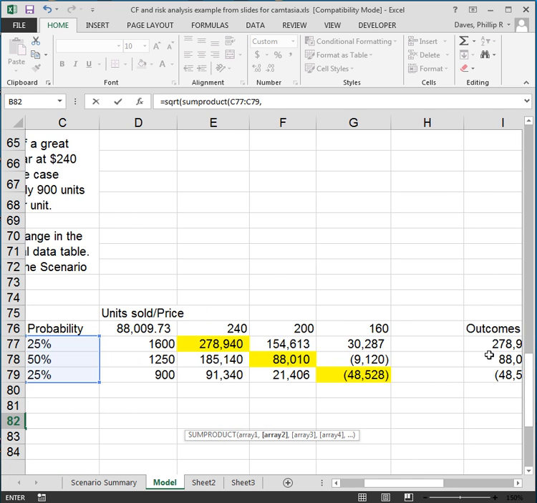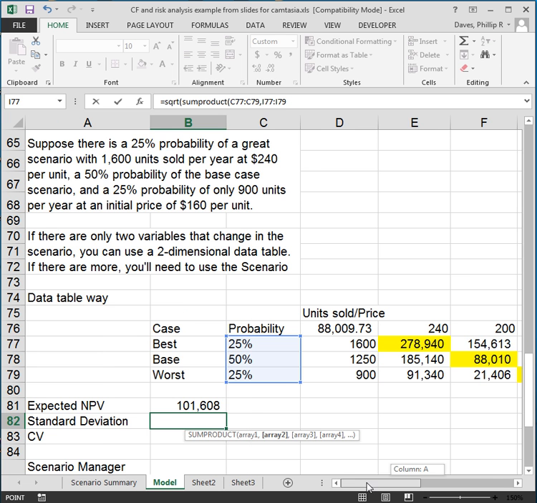So how do I get a deviation from the mean? Well, okay. Here are the outcomes. So let's look at this. I77 to I79, those are the outcomes. And what I'd like is to subtract the expected value that we just calculated from those outcomes. And the way you can do this is really very clever: I77 colon I79 and then minus the expected NPV, that gives you